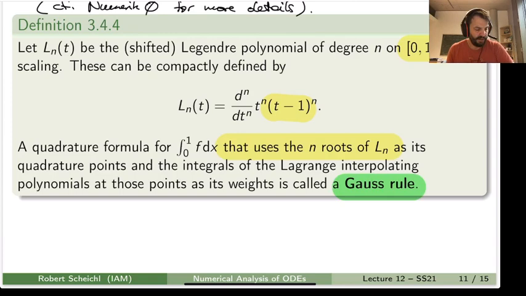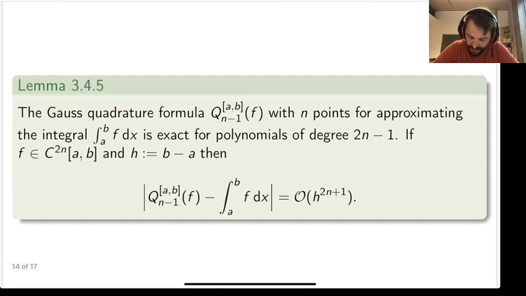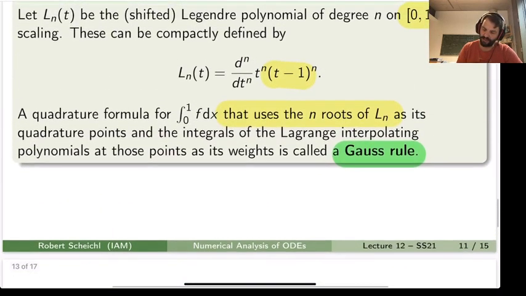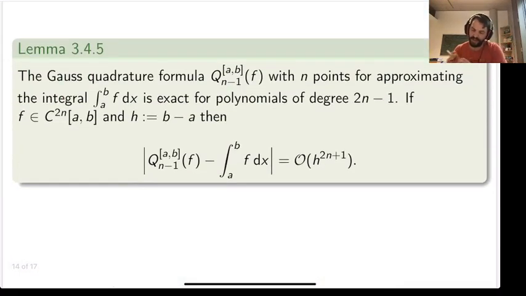And then the first result that we're going to use is that the Gauss quadrature formula, so now I'm trying to use more the notation from Numeric 0, the Gauss quadrature formula with order n minus 1, so that uses n points. In Numeric 0, I actually usually worked with n being the order, and then we have the number of points being n plus 1. So if we want the n-point Gauss quadrature rules, then we have an n minus 1 here